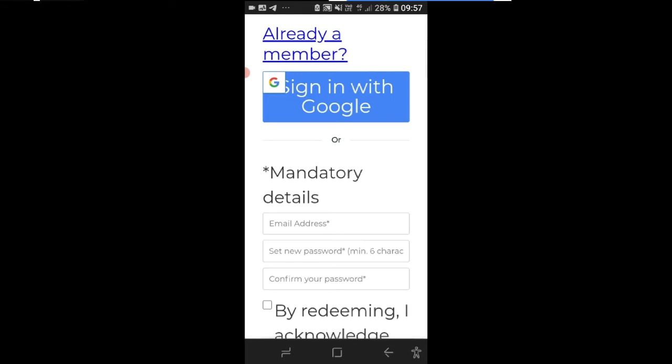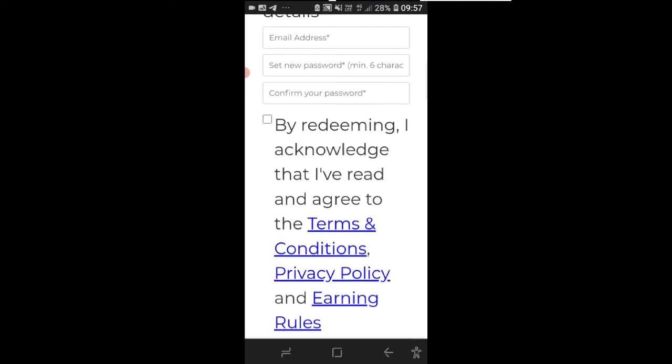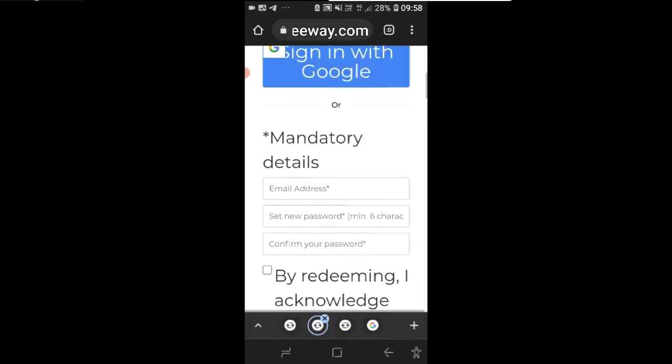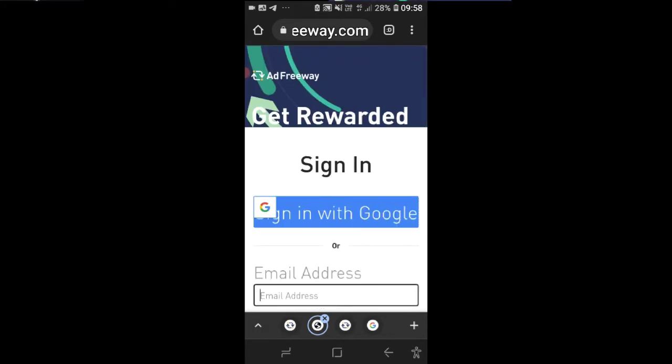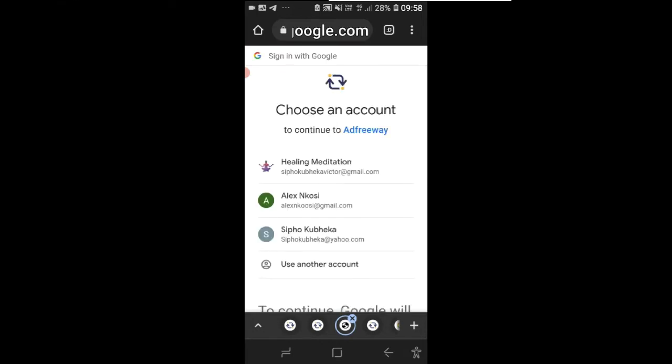You can sign up with Google, or you can use your email or set up a password, accept the terms and conditions, and then register and redeem now. I do have an account, so I'm going to sign in with my Google email.